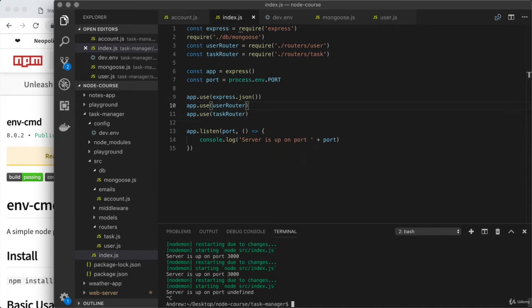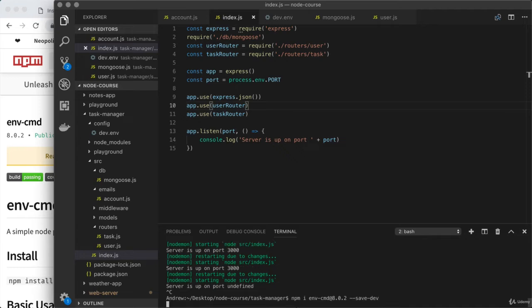Down below, I'll use Control-C to shut down NodeMon, followed by npm install. The module is env-cmd at 8.0.2, and this is a module we only need locally on our machine. It's not something we're going to need on Heroku, so we can use the save dev flag like we did when we installed NodeMon several sections ago. What I'm going to do is go ahead and run that installation command, and then we're going to head over